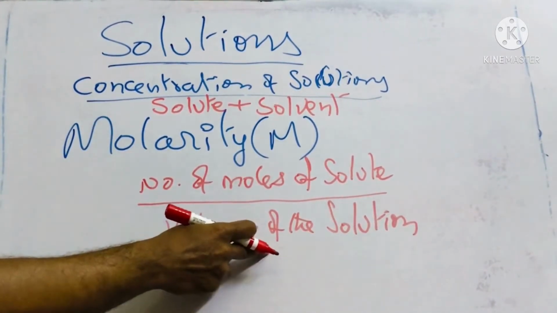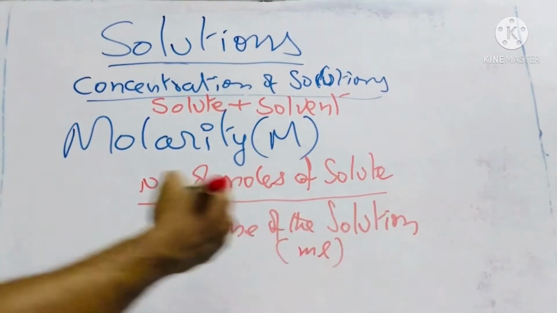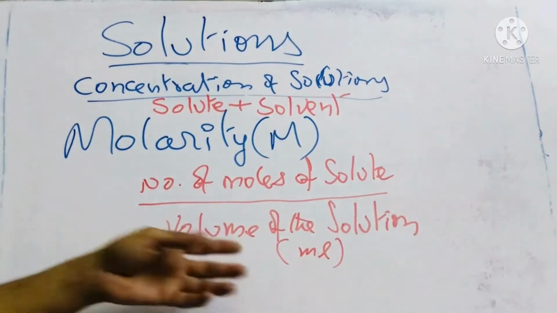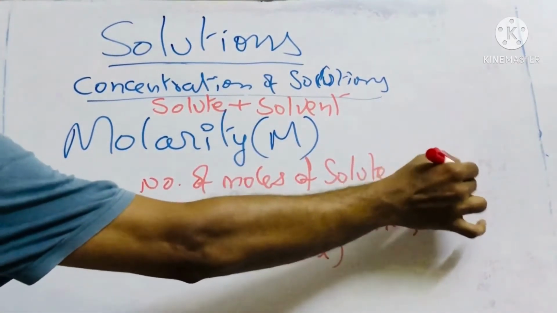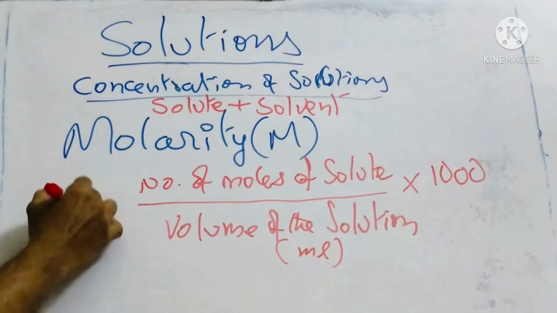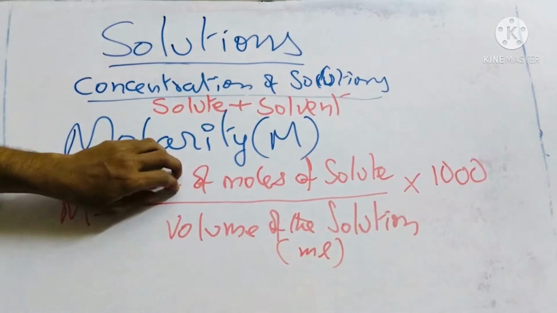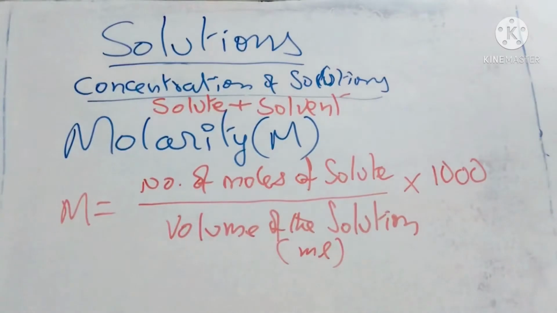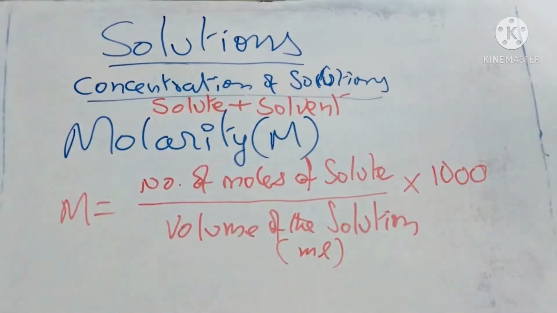Since I have given the volume of the solution in milliliters, generally we will make it in very small quantities. Milliliter is easier to handle because 1 liter is 1000 milliliters. So if I have to prepare a 250 ml solution, it is easy to use this. So that time we need to multiply with 1000. So now this is the molarity. Molarity of a solution is nothing but the number of moles of solute per given volume of the solution multiplied by 1000. 1000 we have taken because we are using milliliters here. If you are using liters here, you need not take the 1000.